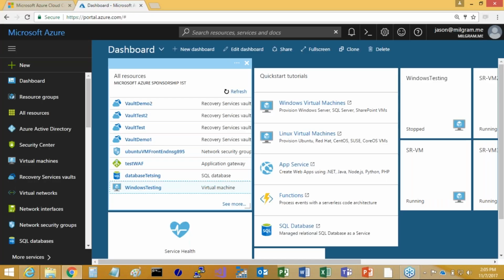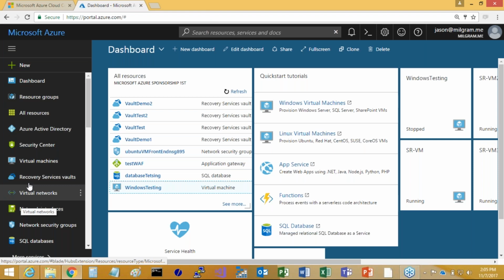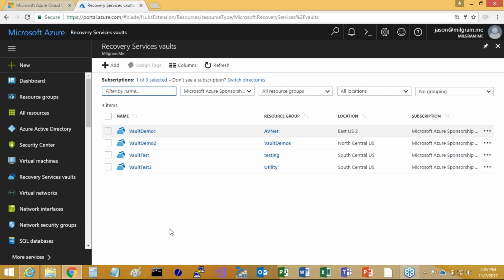All right. Sounds good. So I'm logged into the Azure portal, and that's what you should see on the screen. Before we can get started with Azure Backup or Site Recovery, I'm going to go ahead and create a recovery services vault. That's where all the magic starts. In my navigation on the left-hand side, I'm clicking on Recovery Services Vaults. Now I have a couple created already, but we're going to create one from scratch just so you see how that's done. I'm clicking on Add,